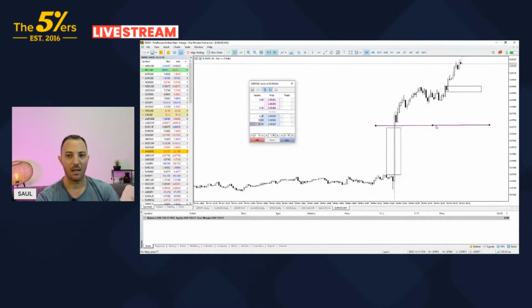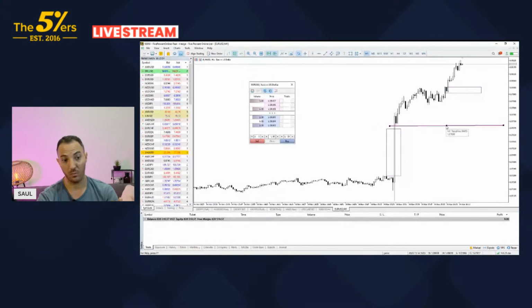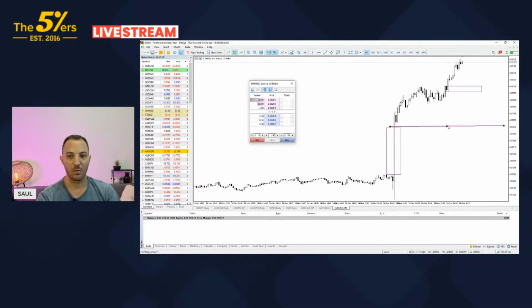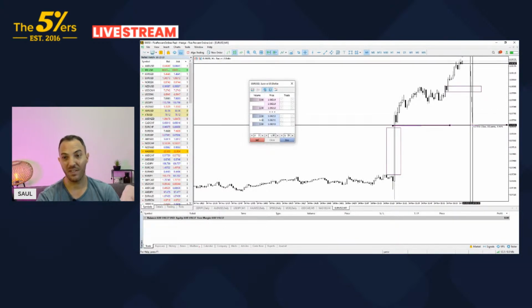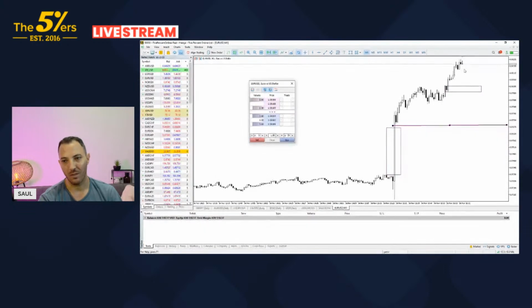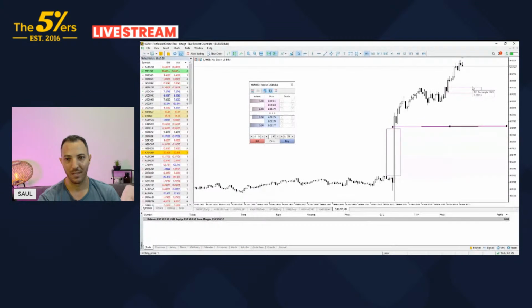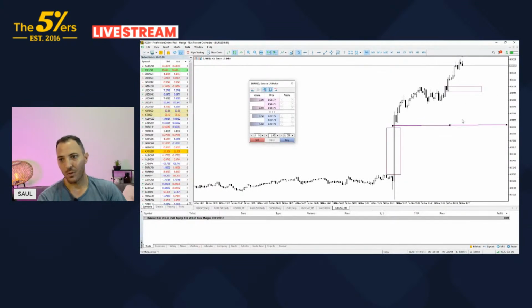If I commit to any trade, I want to make sure of my stop loss, and there's a question related to stop losses. My stop loss will be there. In this case, we're 50 pips away from my stop loss line, which is far. So I want to wait for a pullback before committing to any trade. That's related to risk management.